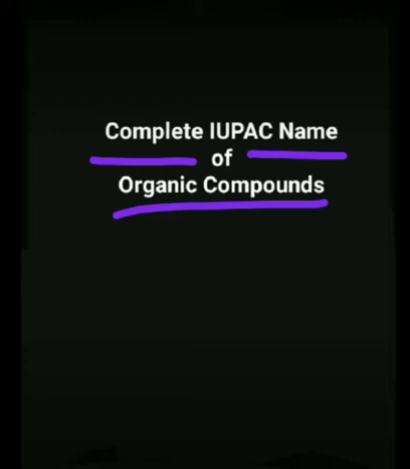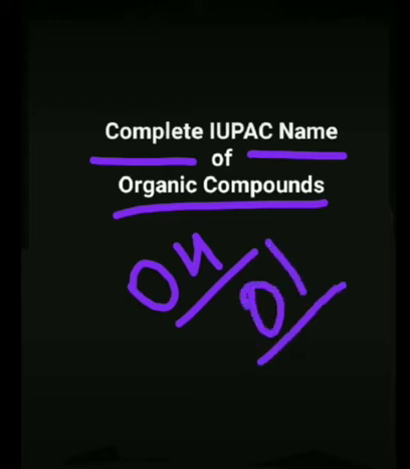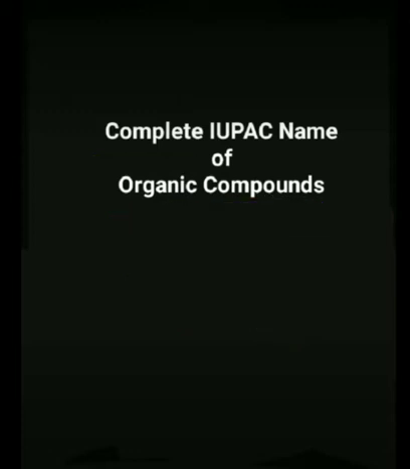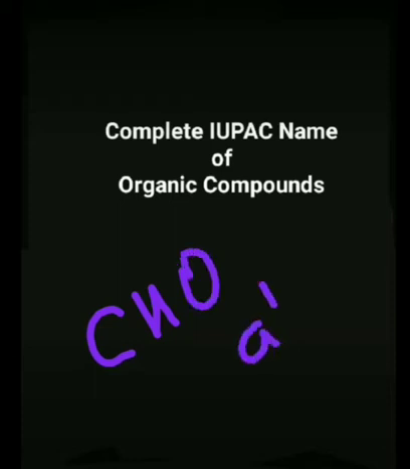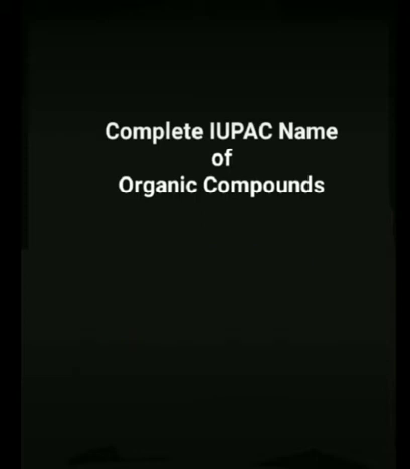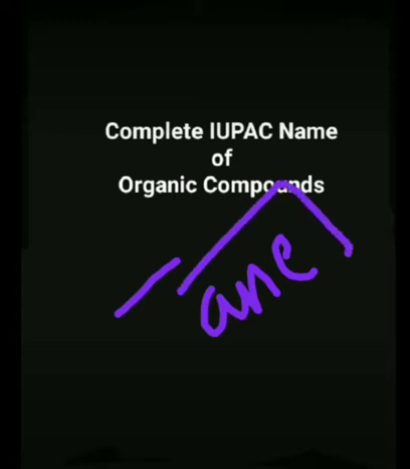Suppose there is a functional group that is OH. For this we have seen that we have to name it as "ol" and use it as a suffix. Or, students, if there is a CHO group, then we have to name it as "al" and use it as a suffix. Then we have seen that if there is a single bond in the compound, we should use "ane" after the word root.